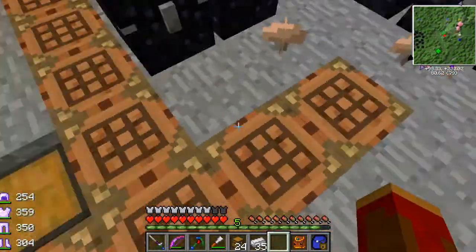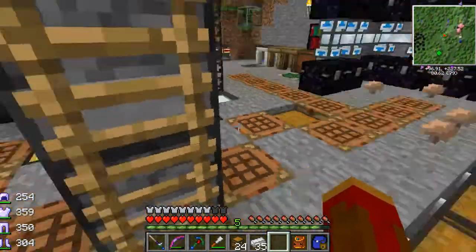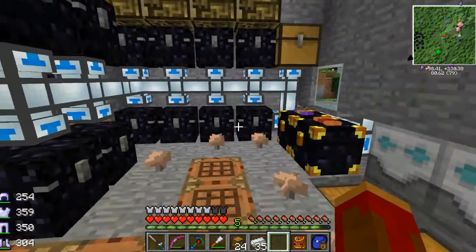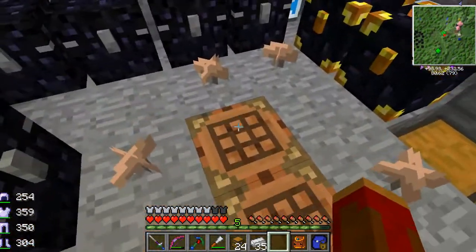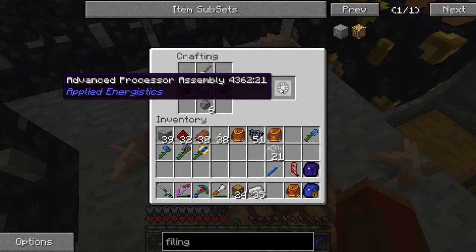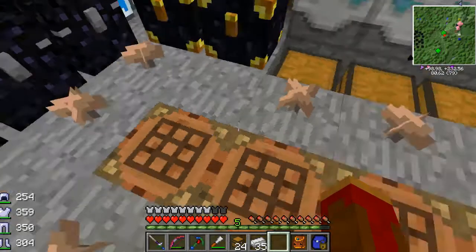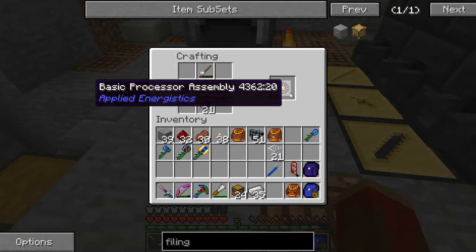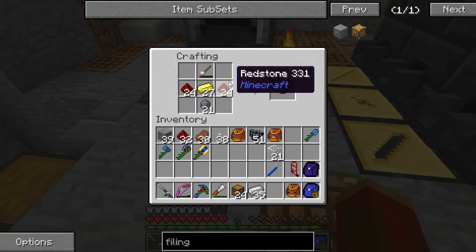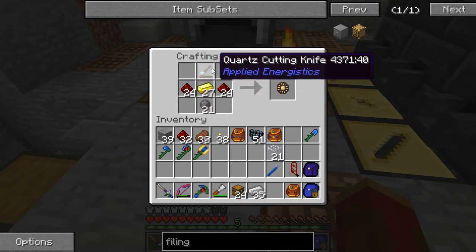So I went ahead down here, and on all these stations now, I've got most of what I'm going to need to craft the ME system. So let's get to it. In here, you can see is the advanced processor assembly, and then you have to smelt this in order to get the advanced processor. So there's 2 processors in ME systems. This is the higher tier one, and the one you actually use the most of is this one, the basic processor. So one's based on diamond, one's based on gold, and you have to use this quartz cutting knife to